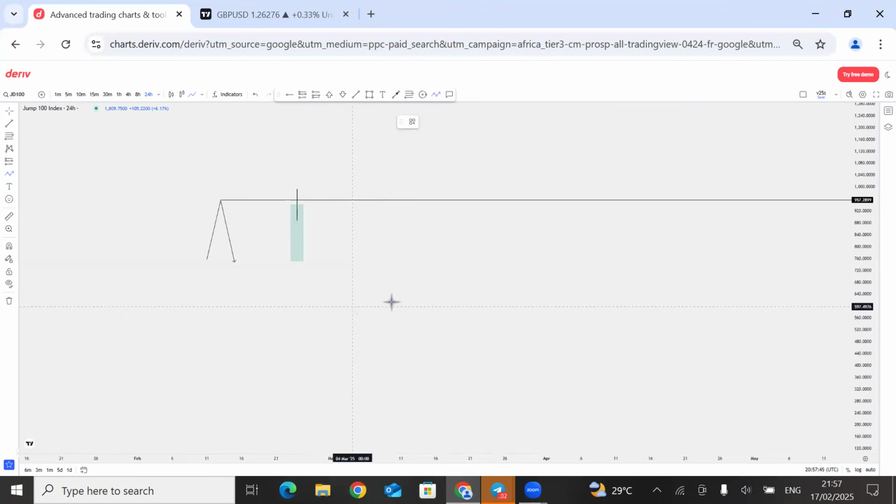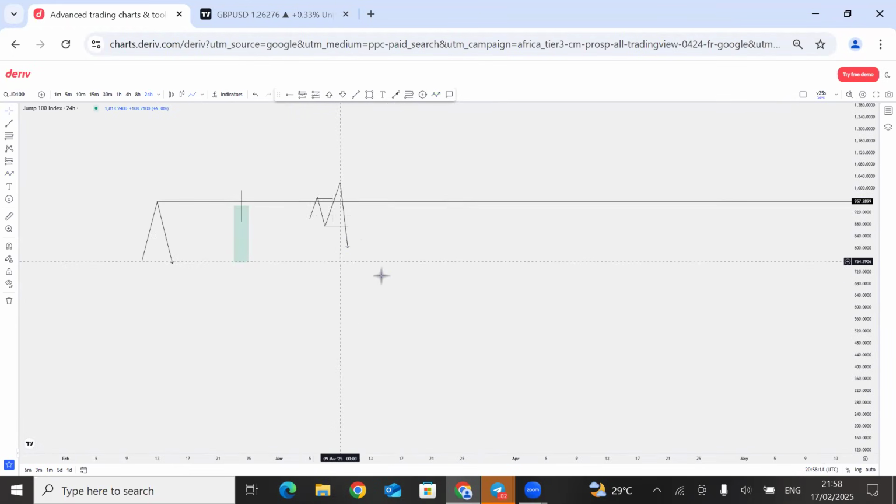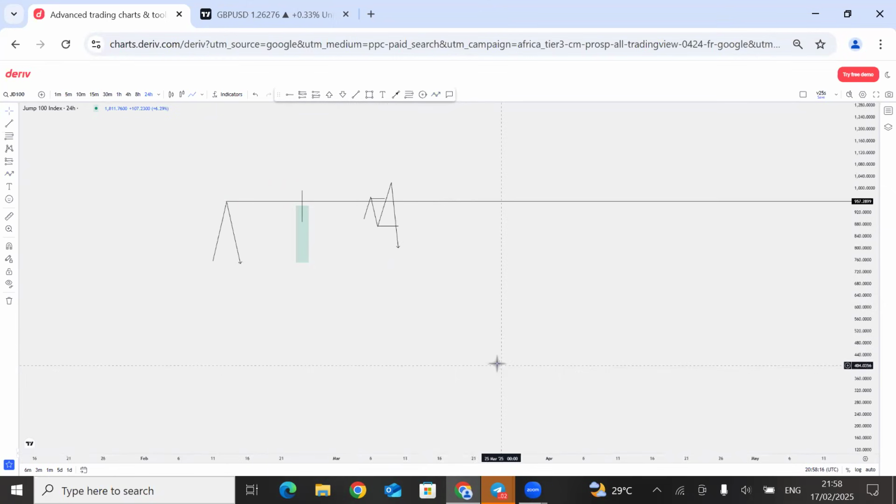That's one step lower. So what are you going to see in this zone here? Price is going to give you something like this: a sweep and a break of structure to the downside. This is what you want to see on the next lower time frame. You want to see this sweep here, and a break of structure to the downside like this. Once you have seen a break of structure downside, your trend is already confirmed, price is already bearish. You start looking for sell positions.